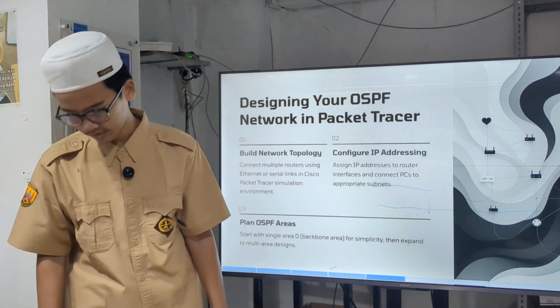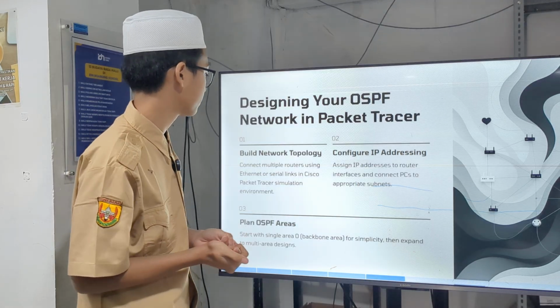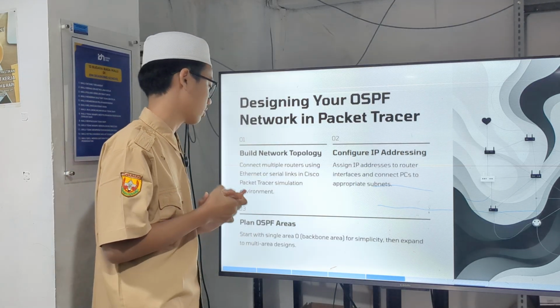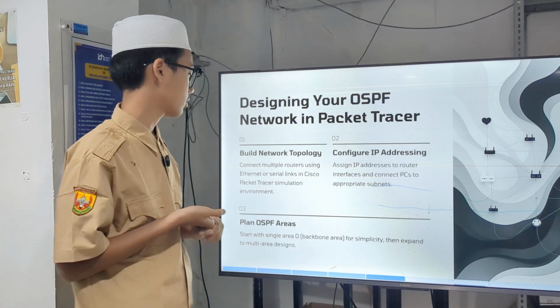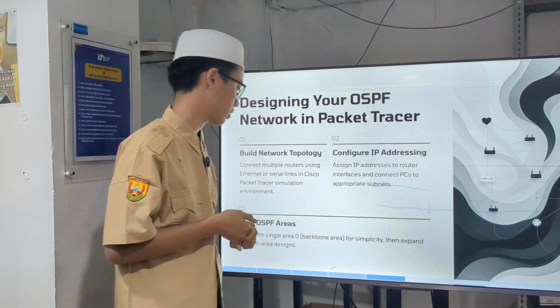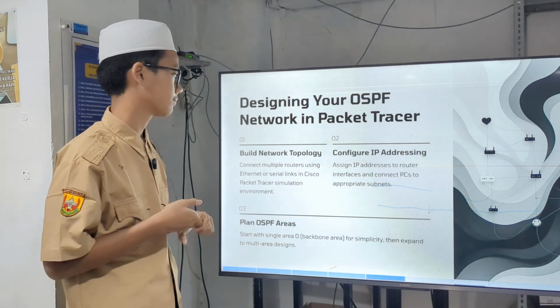The next is the design for OSPF in your network. First, you must build the network, that is, connect multiple routers using Ethernet or serial links in the Cisco Packet Tracer or CPT simulation environment.